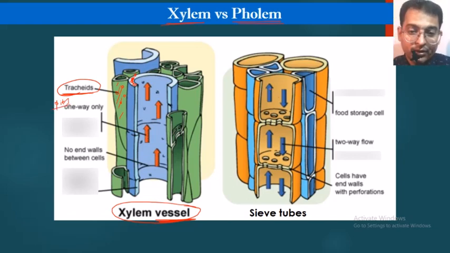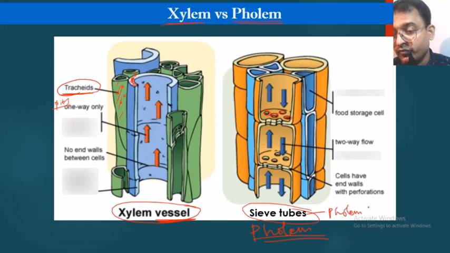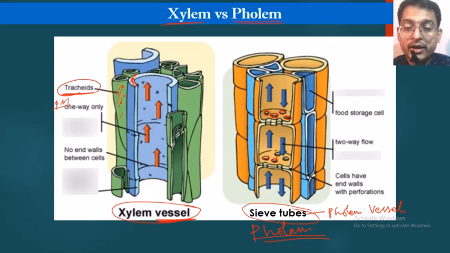You see, this is the phloem vessel. It is known as the sieve tube. Okay, you can call this a sieve tube, because it is having holes like a sieve at the ends. Okay, so what is the main difference? The xylem vessel is continuous, whereas the phloem vessel, okay, the sieve tube can also be called the phloem vessel, is discontinuous, it has sieve like structures.